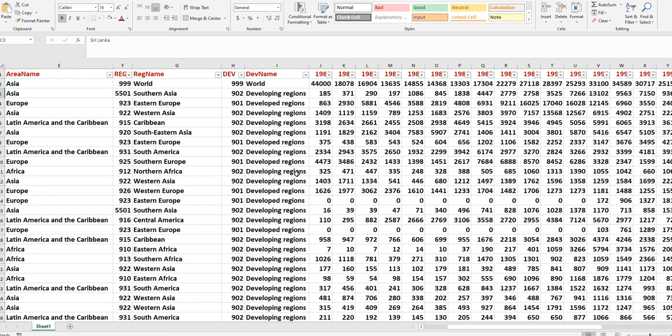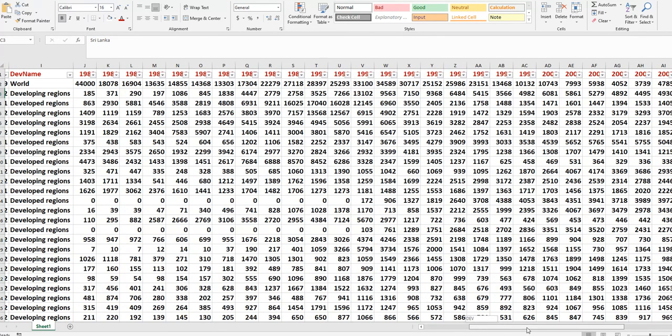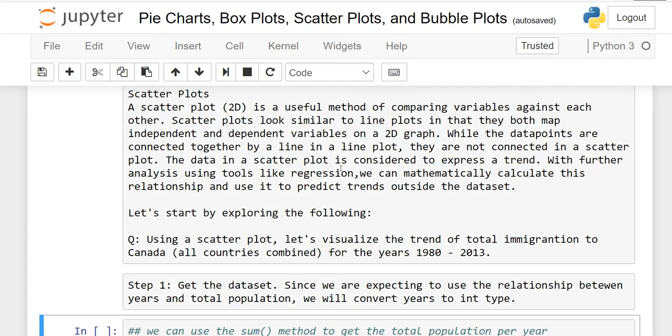In this lesson, we will explore scatter plot. So the data file is available. This is the Excel file. Name of our file is Immigration to Canada. These are the different countries, this column, right? So far we have 180 different countries from where people migrated from 1980 to 2013 to Canada, and we have to work on this file.